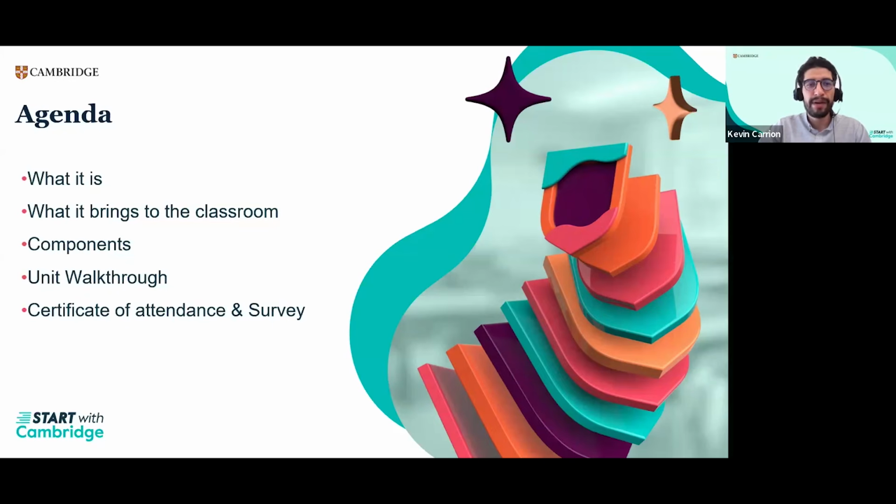Then moving on to the components: which components are you going to find for students and for teachers? And we will end up with a really quick unit walkthrough of the series.